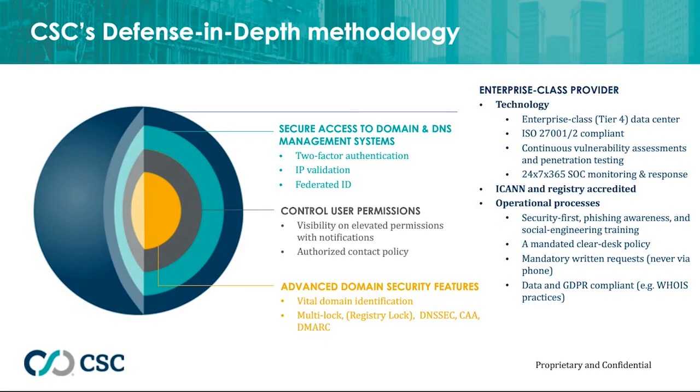The central layer of this defense in depth approach is to apply advanced security features at the individual domain level. The first thing is to identify the vital domain names that your organization has, and what we typically see is that this is somewhere between 10 and 15% of a company's domain portfolio are those crown jewel domain names that are powering your business, your websites, powering your email and all those other applications that we talked about. So once you have identified those domain names, then it's time to talk about applying the proper controls over them,